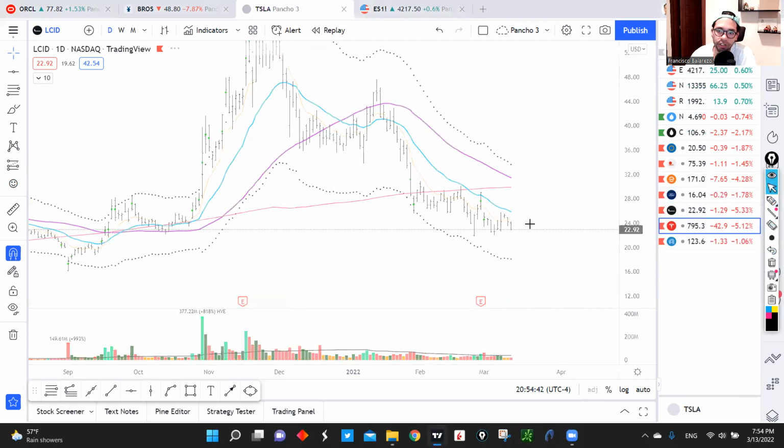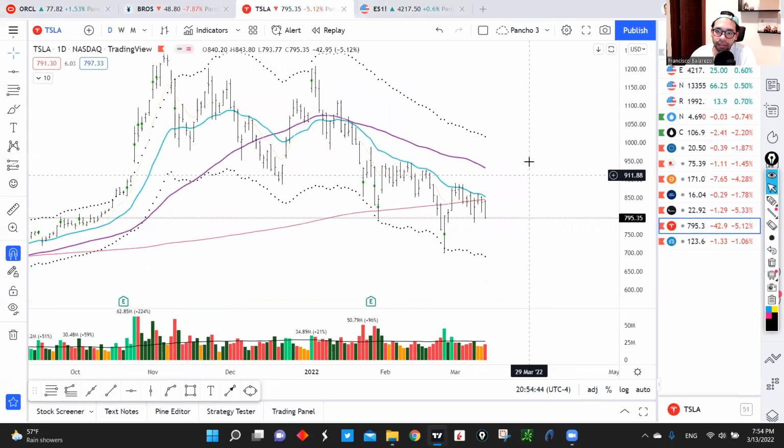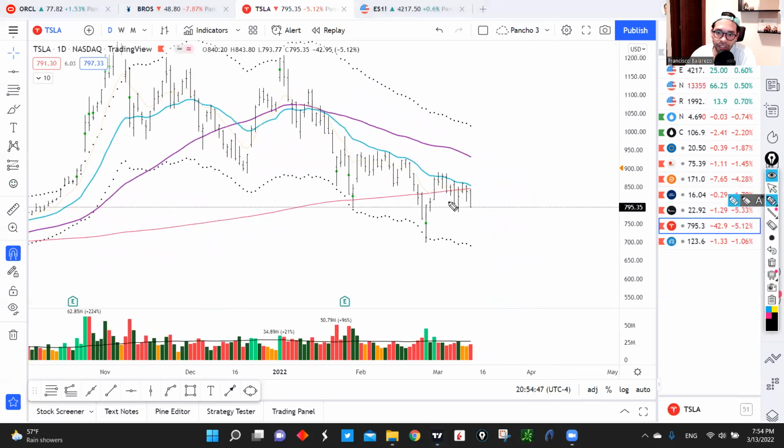Now the next name that I'm watching is Tesla. And Tesla is basically just giving up here. At the beginning we found support at that 200 daily moving average, then we bounced back to that 21 exponential moving average. We lost it. We extended all the way to -3 ATR, and now we just continue to make lower lows and lower highs as well. So we basically bounce back again to that declining 21 exponential moving average. And now we're finally losing that 200 daily moving average in increasing volume.